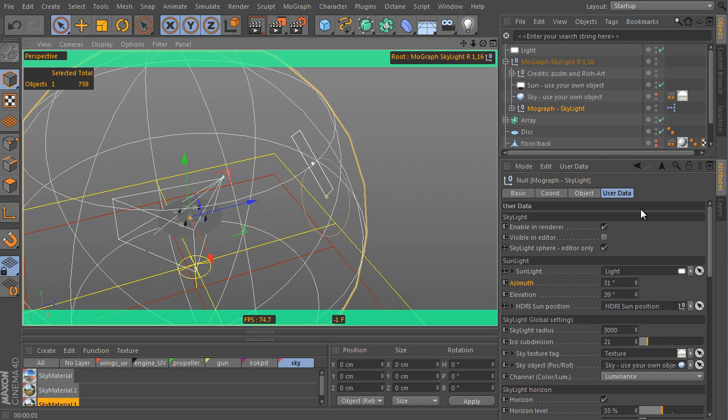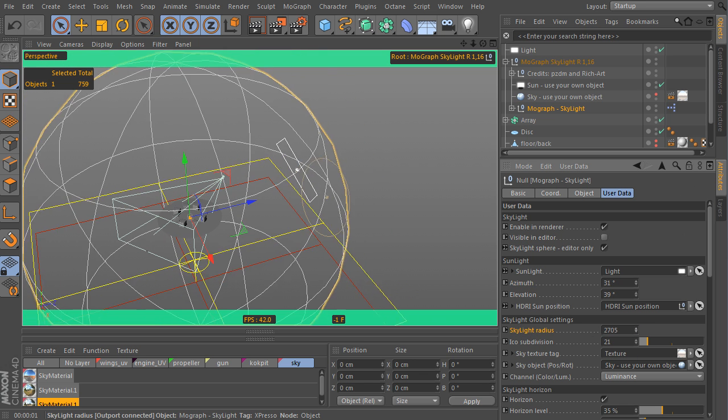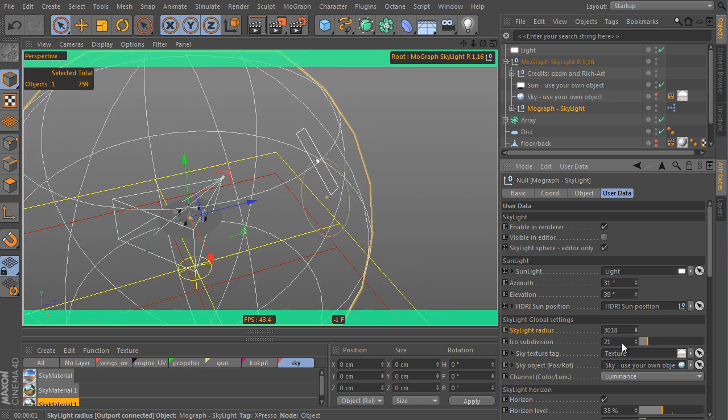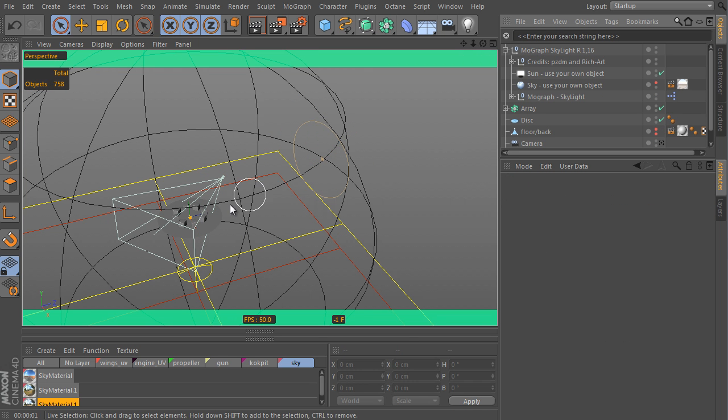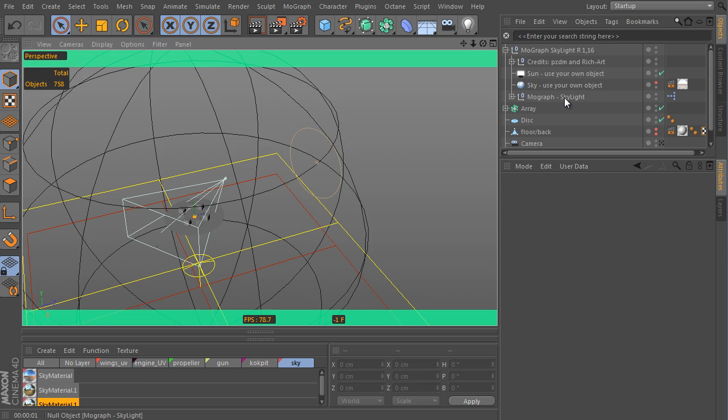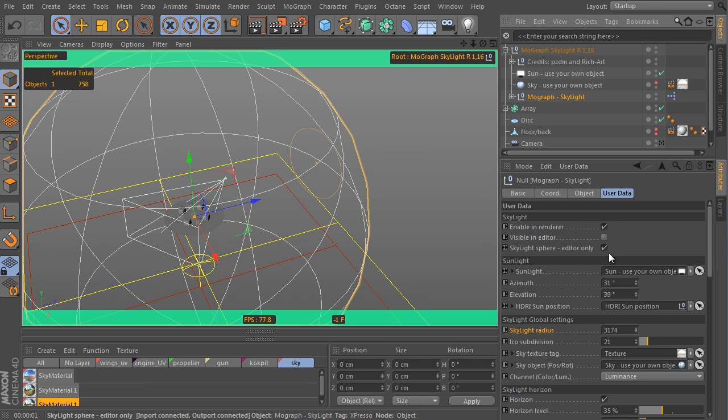So continue to the Skylight Global Settings tab and adjust the radius. And the sun position is adjusted accordingly to this value. Then use the sun object here again and delete the tester light object and set the rig again. We know that we can adjust the rig size by the radius here, so show our light samples again